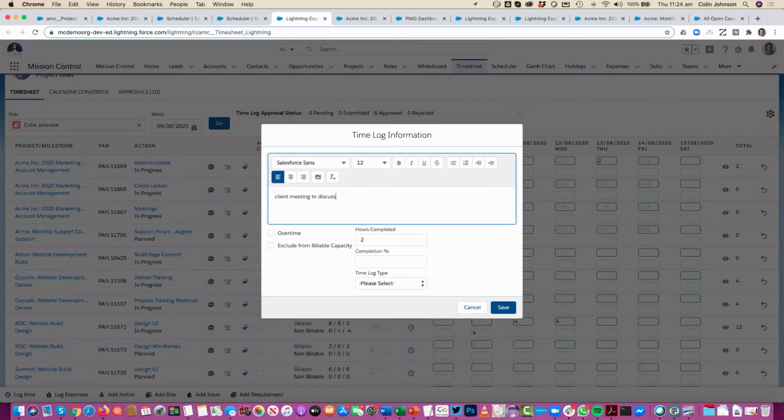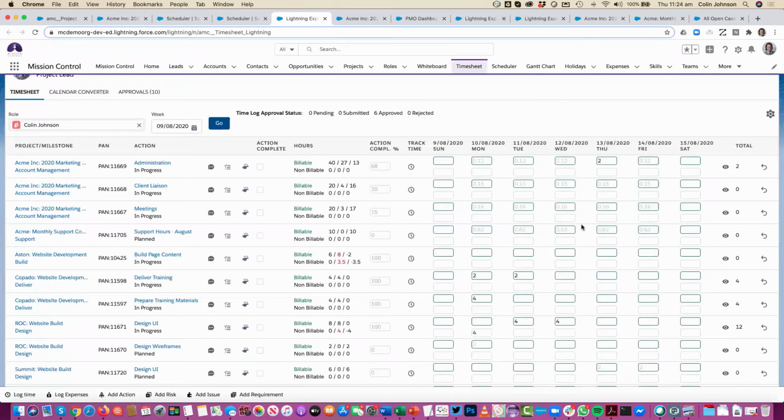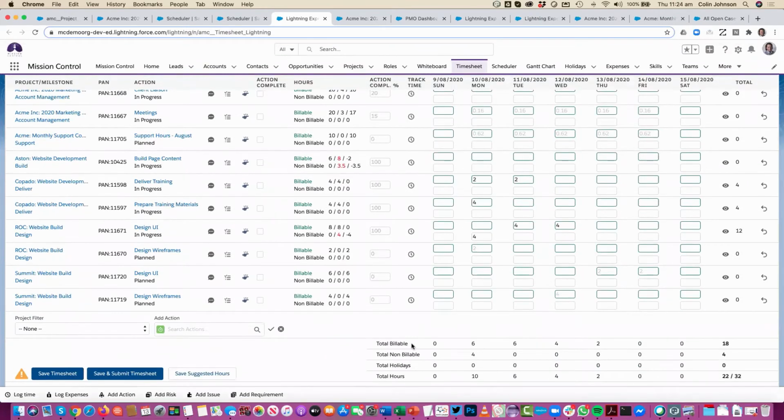I'm just going to put in some notes. What I can also do is categorize this work. So what sort of work am I doing? I'm going to allocate this to my account management category. As I scroll down, you'll see I get totals for each day, tracking between billable, non-billable, and holidays, and